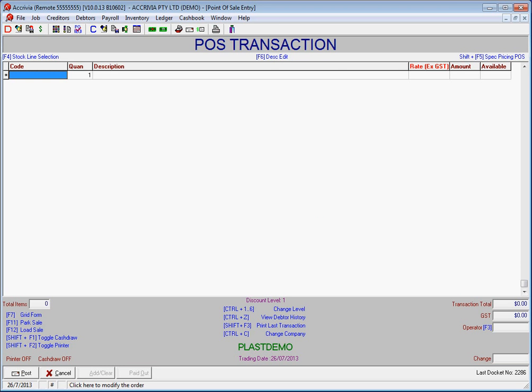So that particular screen usually is in operation on the front counter somewhere for people who might walk in and just buy something, but that particular screen isn't really for account type things. Though you could book it onto an account using exactly the same approach if the person's standing there in front of you, though typically the debtor order screen is more the typical screen used for that. Or recording